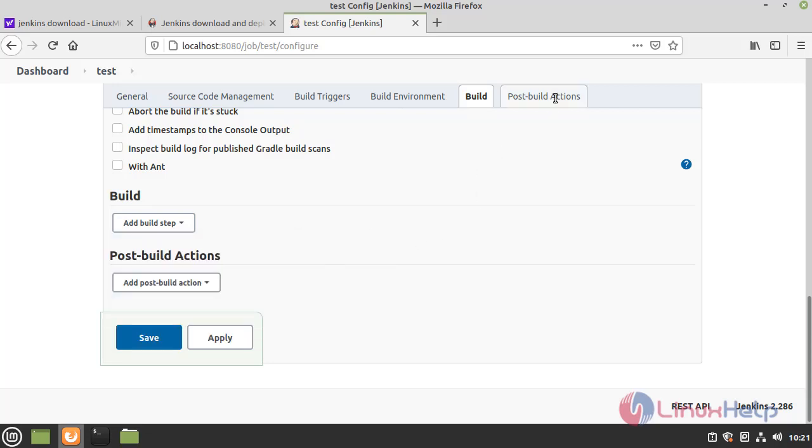Then the post-build actions. These are used for when the job is completed. For example, if the job passes, it will send mail to the clients. If the job fails, it will send mail to the particular developer. You can configure that here. Finally, click save.